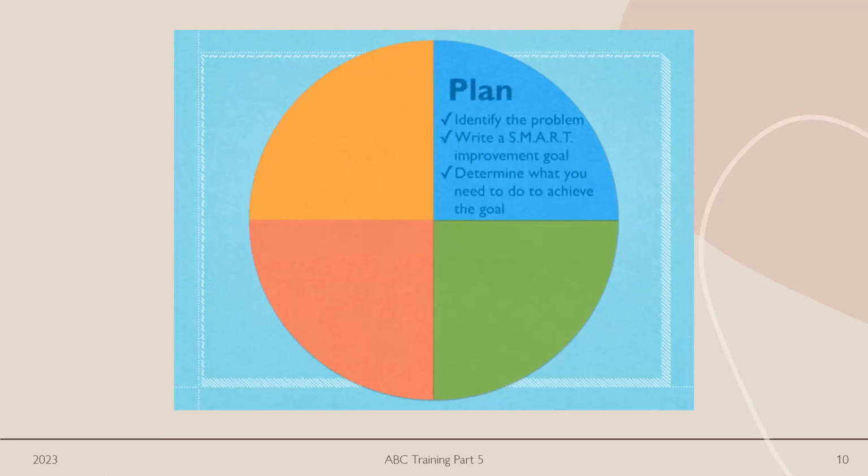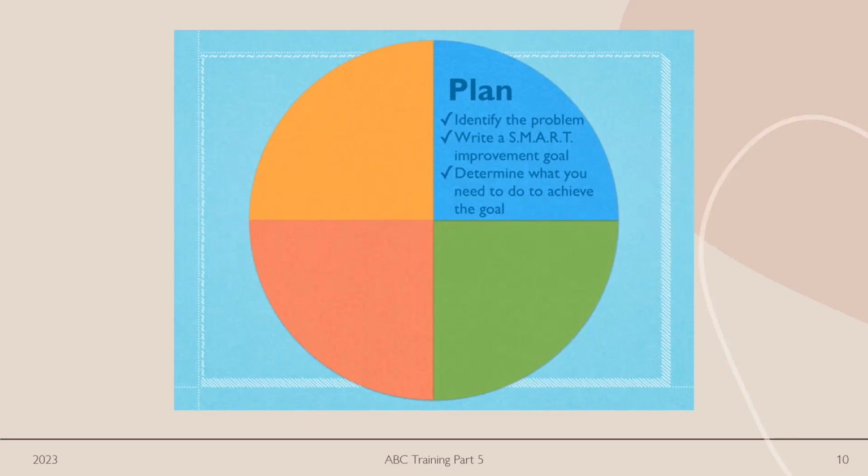So the first step is to plan. We're going to first identify a problem, an area of weakness, or just something that we want to improve upon and start using in our classroom. So this may be something that you know you need to improve on for your evaluation, or you just know that you need to learn about a certain piece of technology and start using it with your students because it's going to benefit them. Whatever it is that you need to work on.